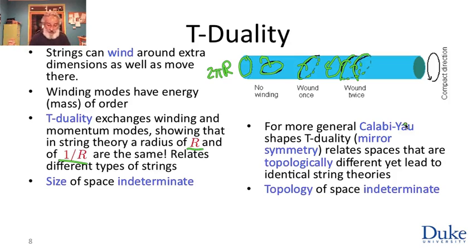So not only is the size of space indeterminate, if you're living in a universe that's described by string theory and someone asks you how big the universe is, if it's periodic, how big is it? Well, there's two answers that can't be distinguished by string theory. Moreover, if someone asks you, remember we talked about the topology of our space, and we said we don't know the answer, but it might have an answer. In string theory, at some level, the topology of space is undetermined. There are two different topologies that lead to isomorphic, identical physics.